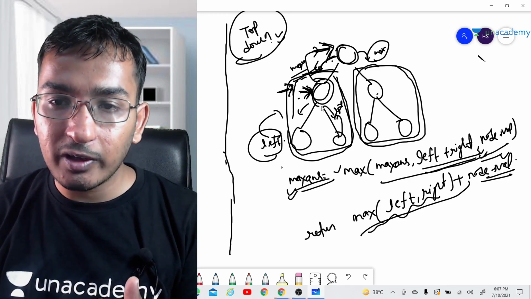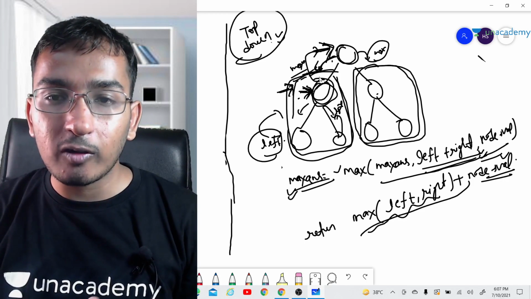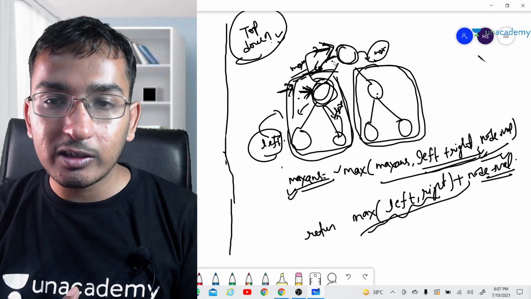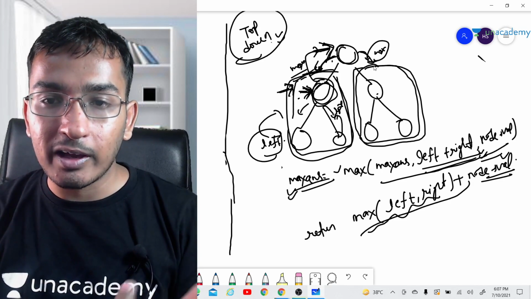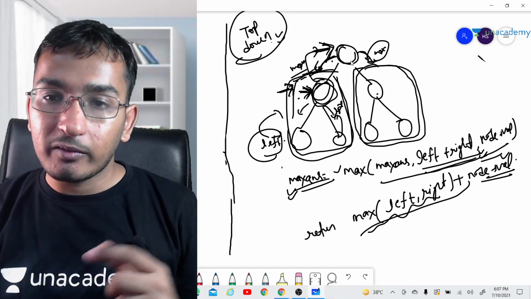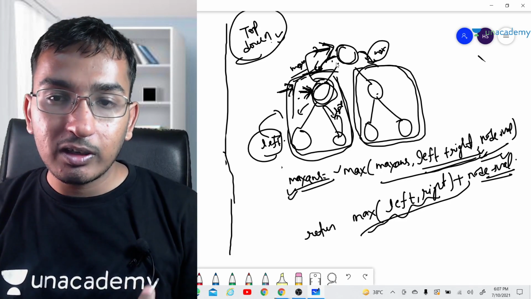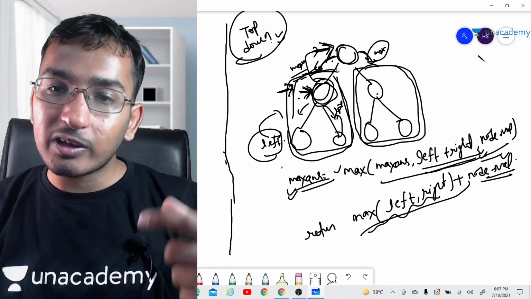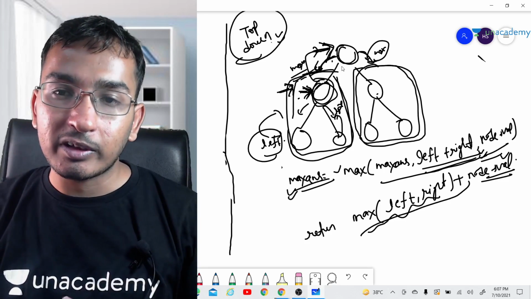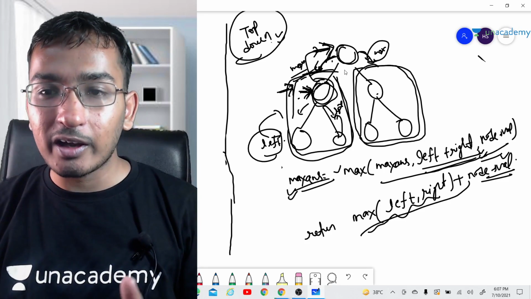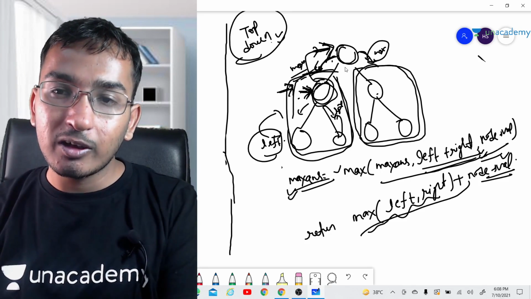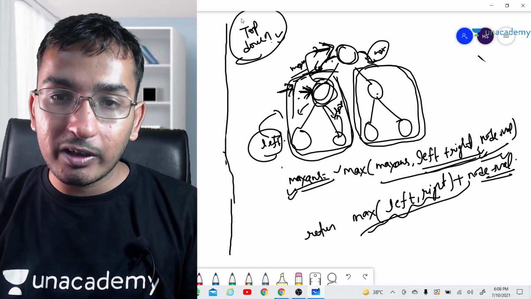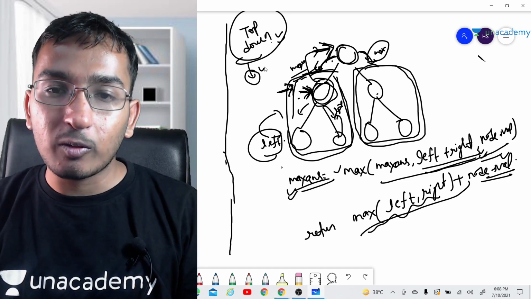What we have to ask, we don't need to worry about how to call this function, how to do that thing. We just need to ask the results of two guys, one is the left and second is the right guy. We have to ask the answer for their left subtree and the right subtree. I am asking, hey left subtree, give me your answer, give me your maximum path sum, don't worry about me, give me your answer. And here again he is asking the same thing to the right subtree, give me your answer, I will find myself. Okay, so this is the way we can approach in the top down manner guys.